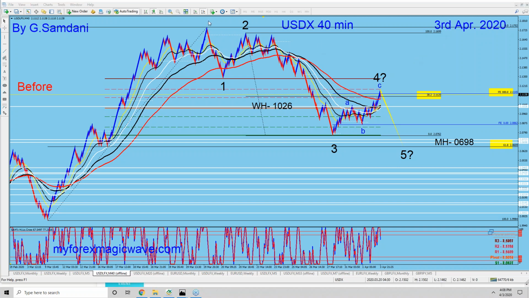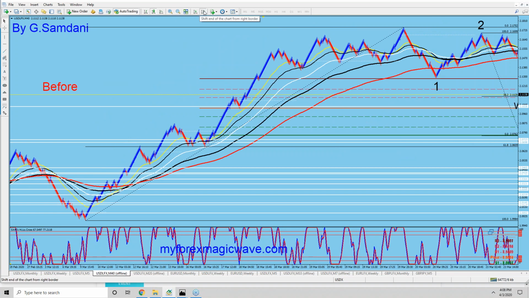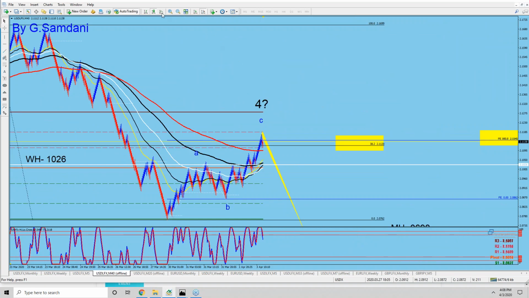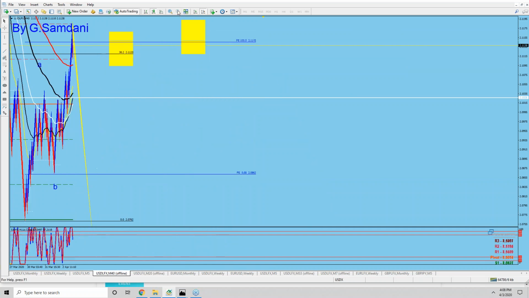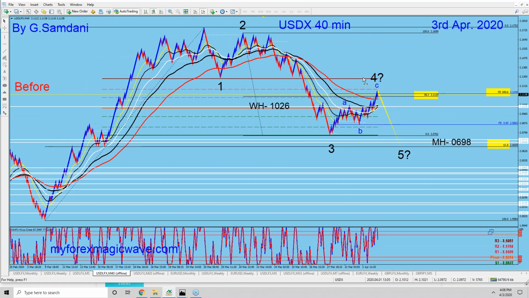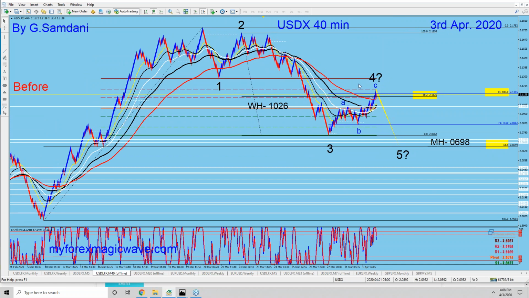So now let's see what happens here. Okay, so we kind of have like a reversal candle already. And then the one red candle, and the second is in progress right now. So maybe this is it. It's making a turn from here. So let's see. And if it's going to be doing this, then what will happen? What will happen is that the pound USD was nicely coming down, as wave four. So this thing drops here, and that thing goes up, and it started to go up already there, right?